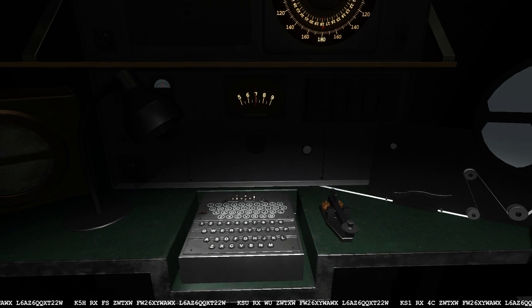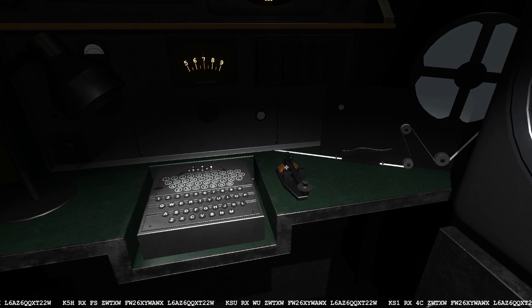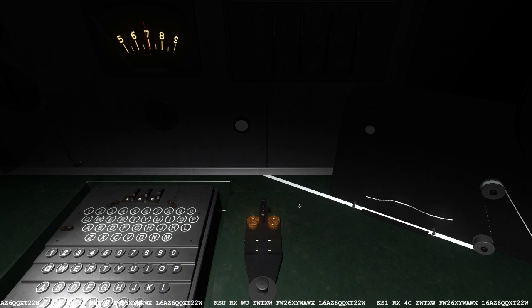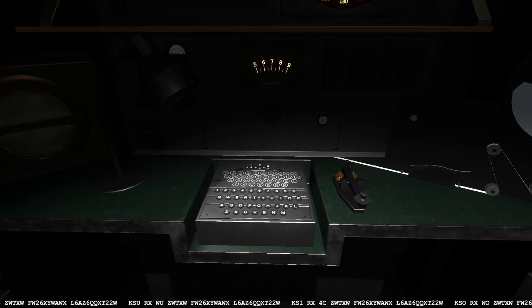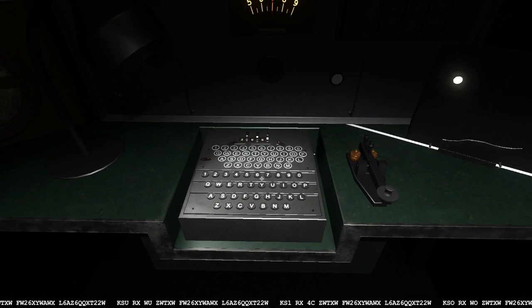To send radio messages, press the telegraph key, then type the message you want to send on your keyboard. The message will be broadcast to anyone listening on the frequency you are sending on. To leave the telegraph, press the right mouse button. If you wish to encrypt your message, use the encryption machine with a key that you and the recipient have